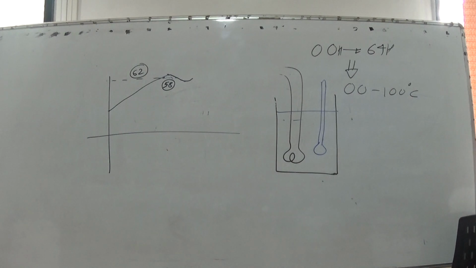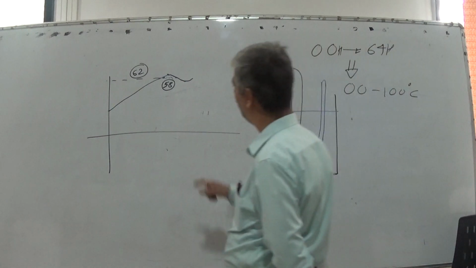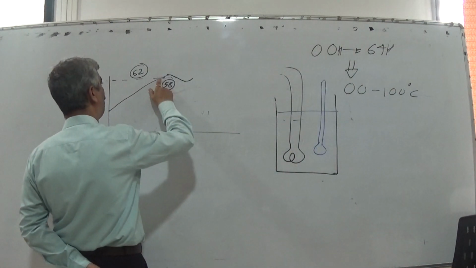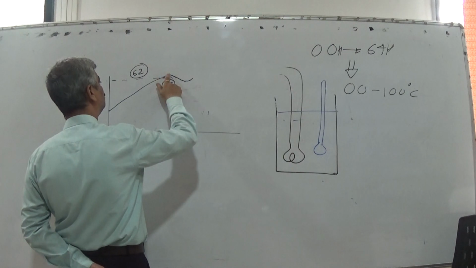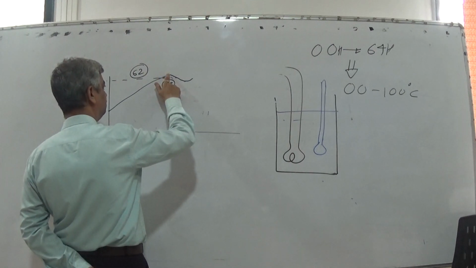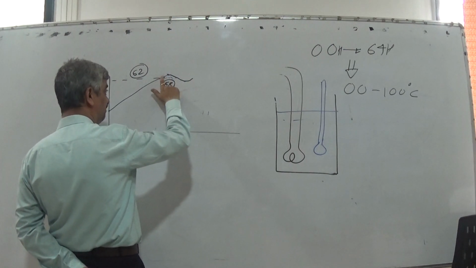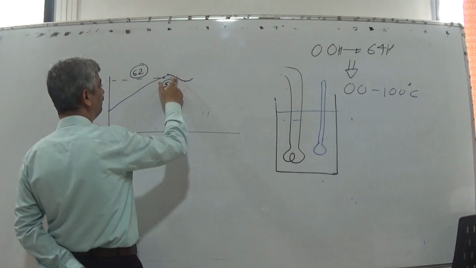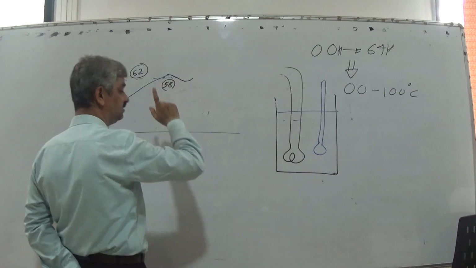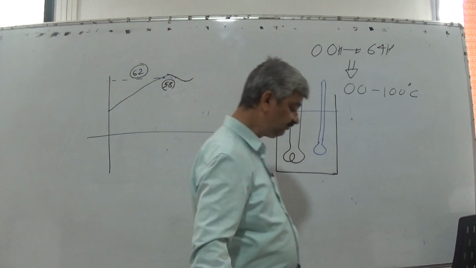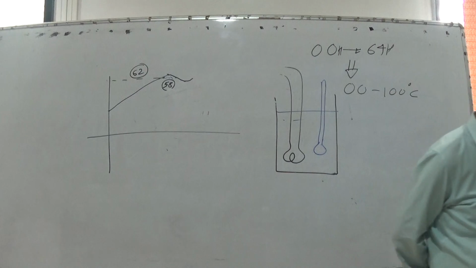When you keep the heater continuously on, even if you make it off here, water temperature continues to rise. Once it is here, it is completely off. As it is off, even if you make it on here, temperature continues to fall. So instead of that, what will you do? If you say that I will have